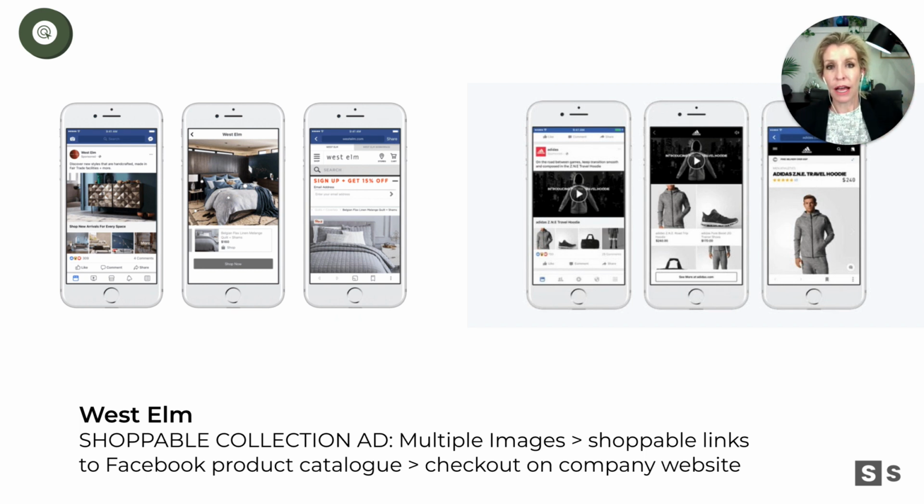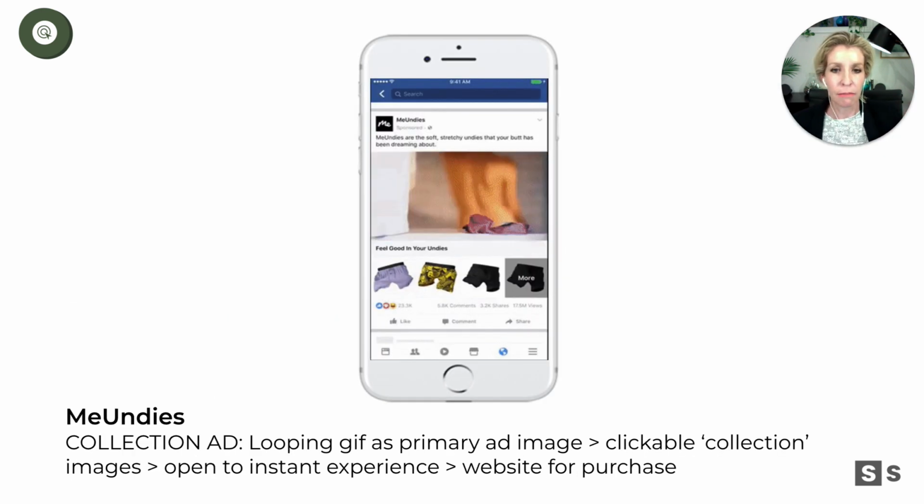But what's cool about that is when they get to my catalog or they click on that product, it then sends them directly to that page on my website. So it's still a really powerful path. And those collection ads are underutilized, and I encourage you to try them out. So sometimes you can't quite tell if you're immediately sent to that website catalog or you're still in the Facebook catalog, but it doesn't matter.